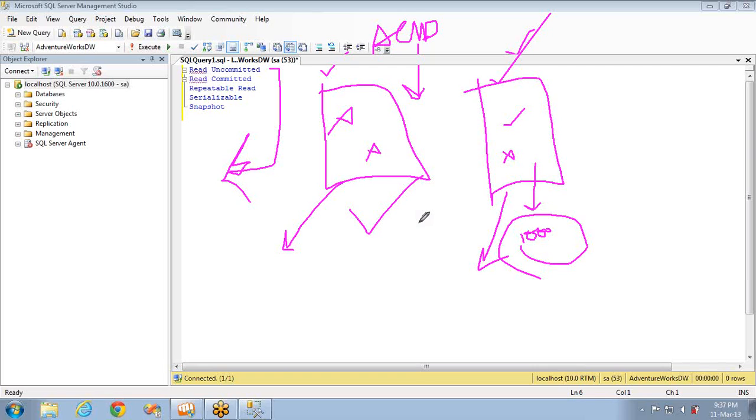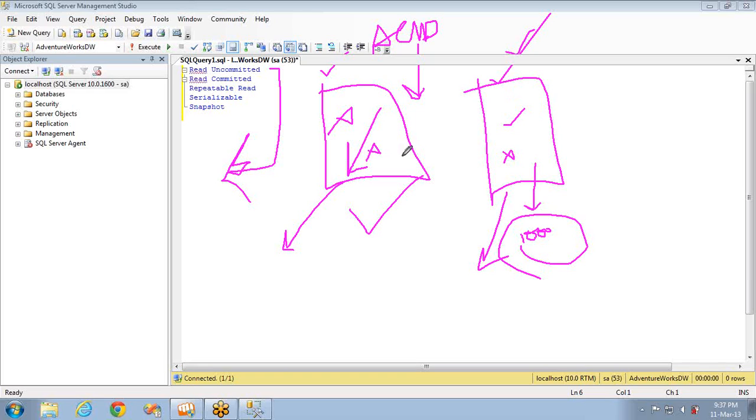It does not isolate the read operations from other transactions at all. If you see, this is the second transaction which is trying to read the data. This is not being isolated, right? It is not stopping. It is not blocking anywhere. It does not isolate the read operations. It is just allowing the second transaction to read the data.